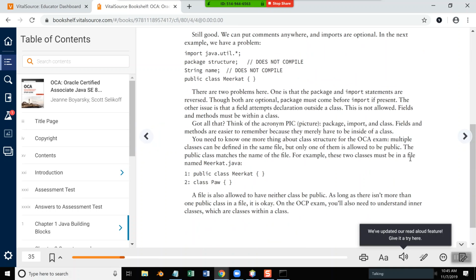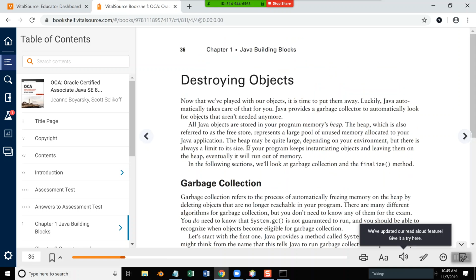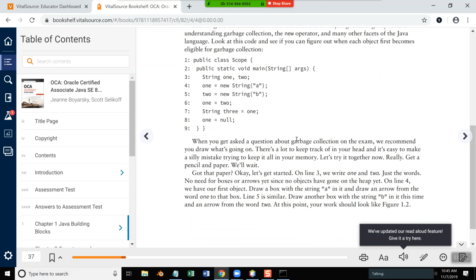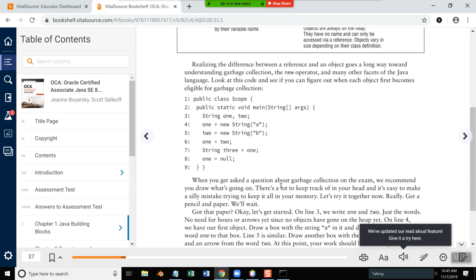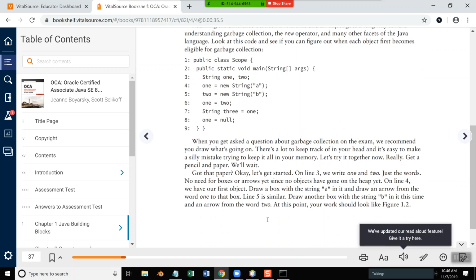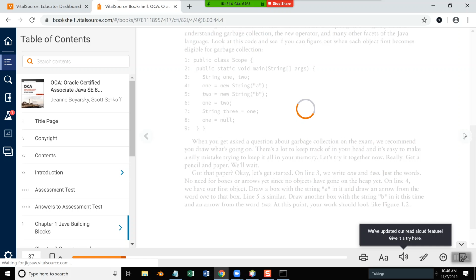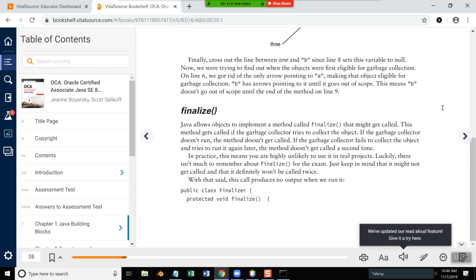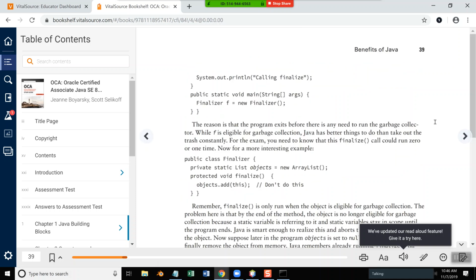I can go over those. Destroying objects. Okay, so got that. As on line 3, we write 1 and 2. Just words. Oh, let's talk about the. This talks about how you can,